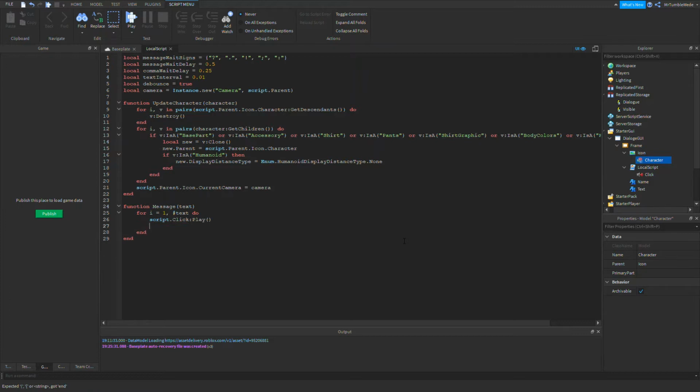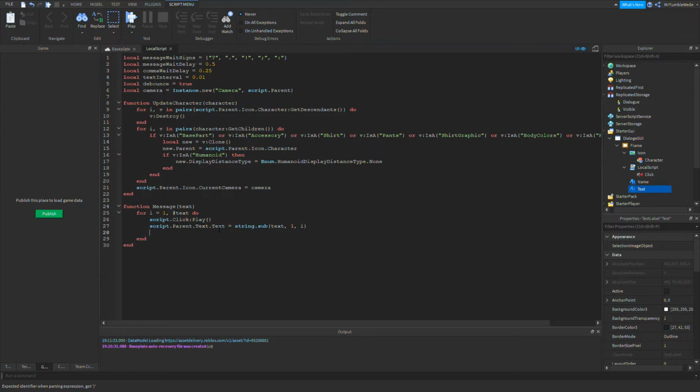So okay, script.Parent.text, which is this over here, and we would do .Text equals string.sub, we would do text, 1, i. Okay, now I got that. Okay, so now we want to detect if it's a comma.